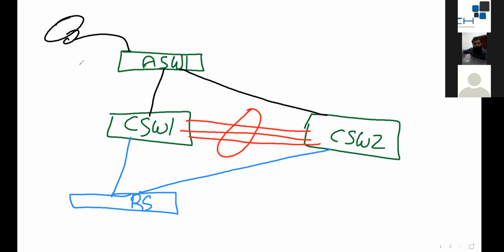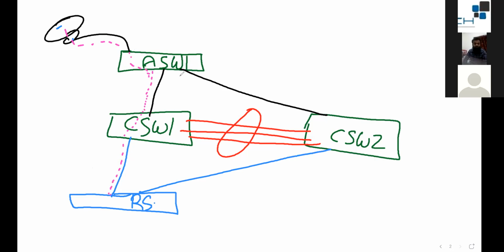Now, your camera will talk to your recording server through this link: via the access switch to the core switch and then to the recording server.